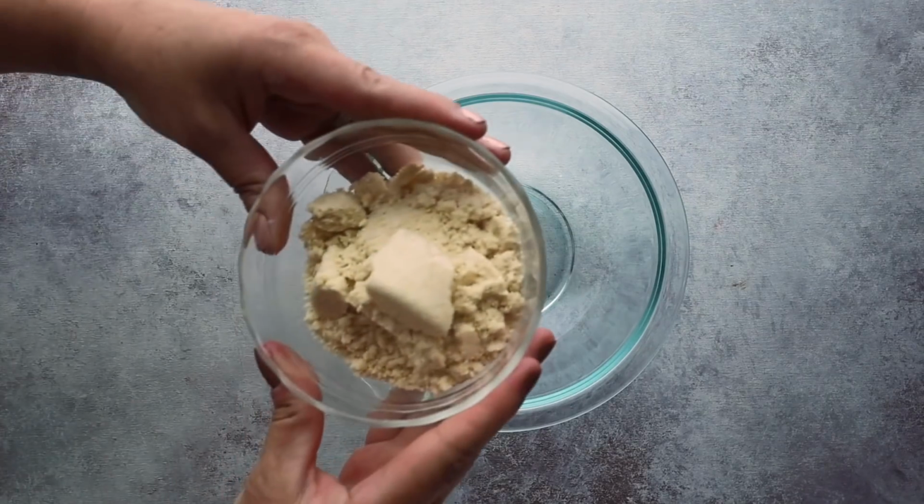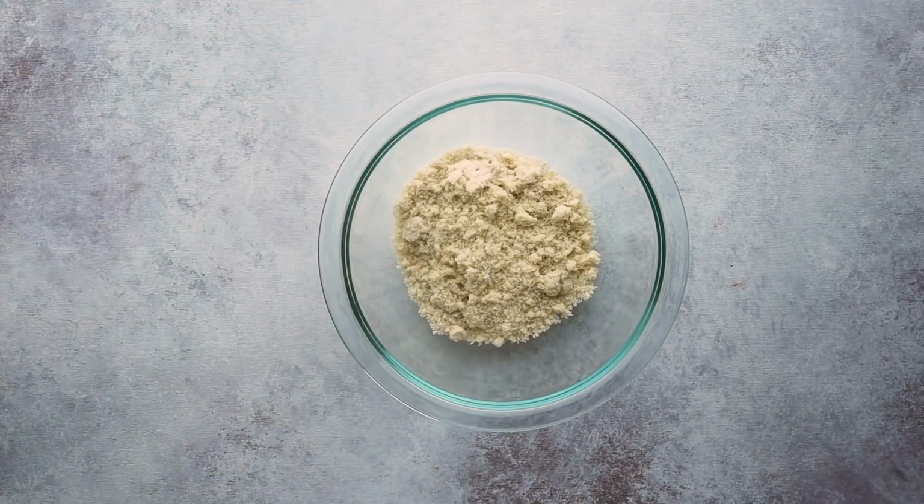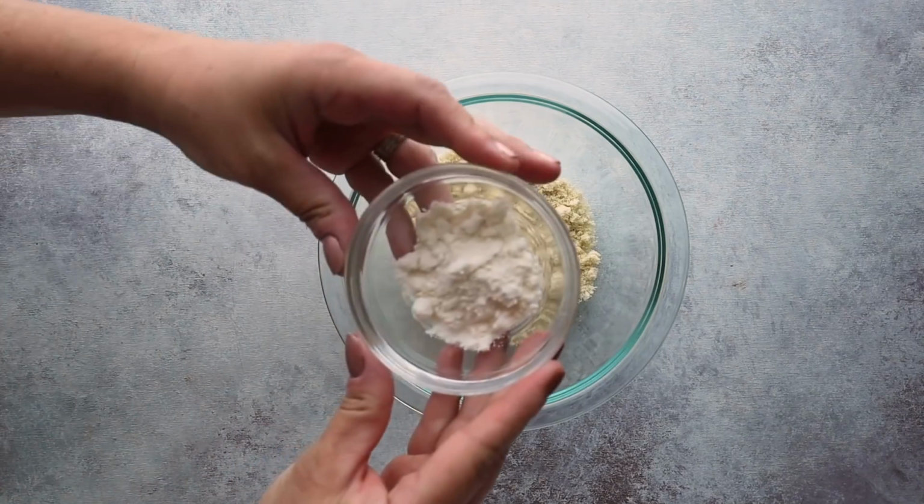Now remember, this is a portion control recipe, and we're just making 2 ice cream sandwiches. So everything is going to be made in a small bowl, and we're gonna mix it together with just a fork. You wanna start by adding 1/2 cup of almond flour to a small bowl,